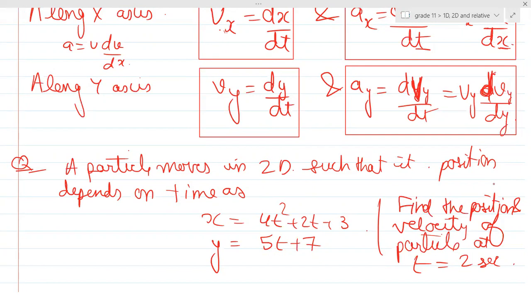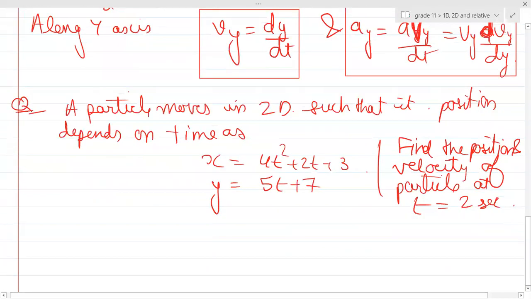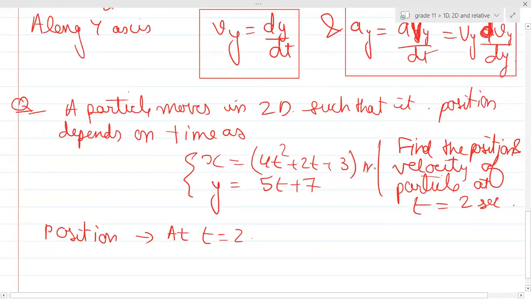So how will you do it? What do you need to find, guys? You need to find out the position at t equals 2 seconds. So basically what will you do? Position is basically given by the x and y coordinate. Can you see it's directly given? So for position, you just directly put what? So what is the unit? I got x equal to 10 and y equal to 5. Okay. Yes, sir. Supposed to differentiate, right? Yes.